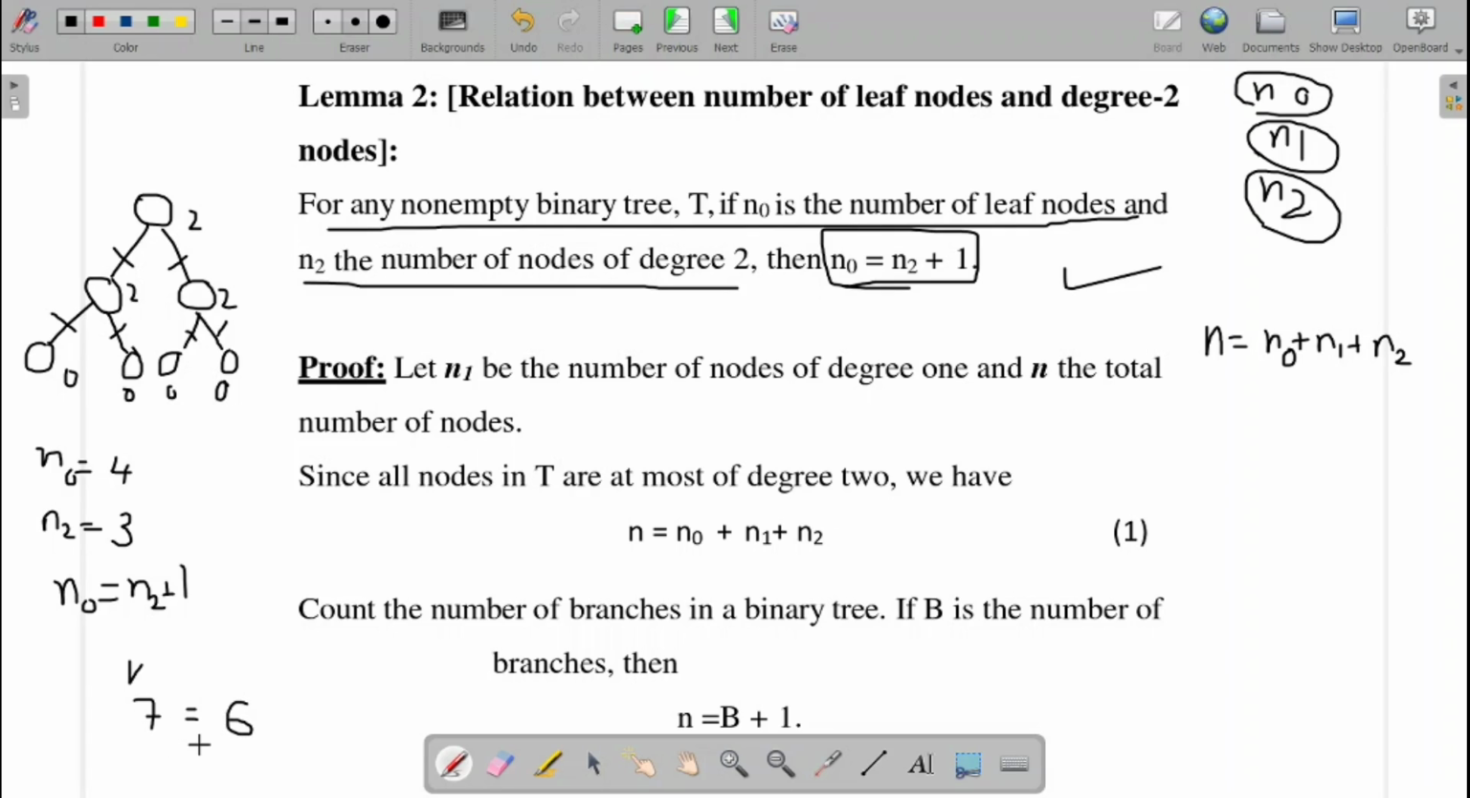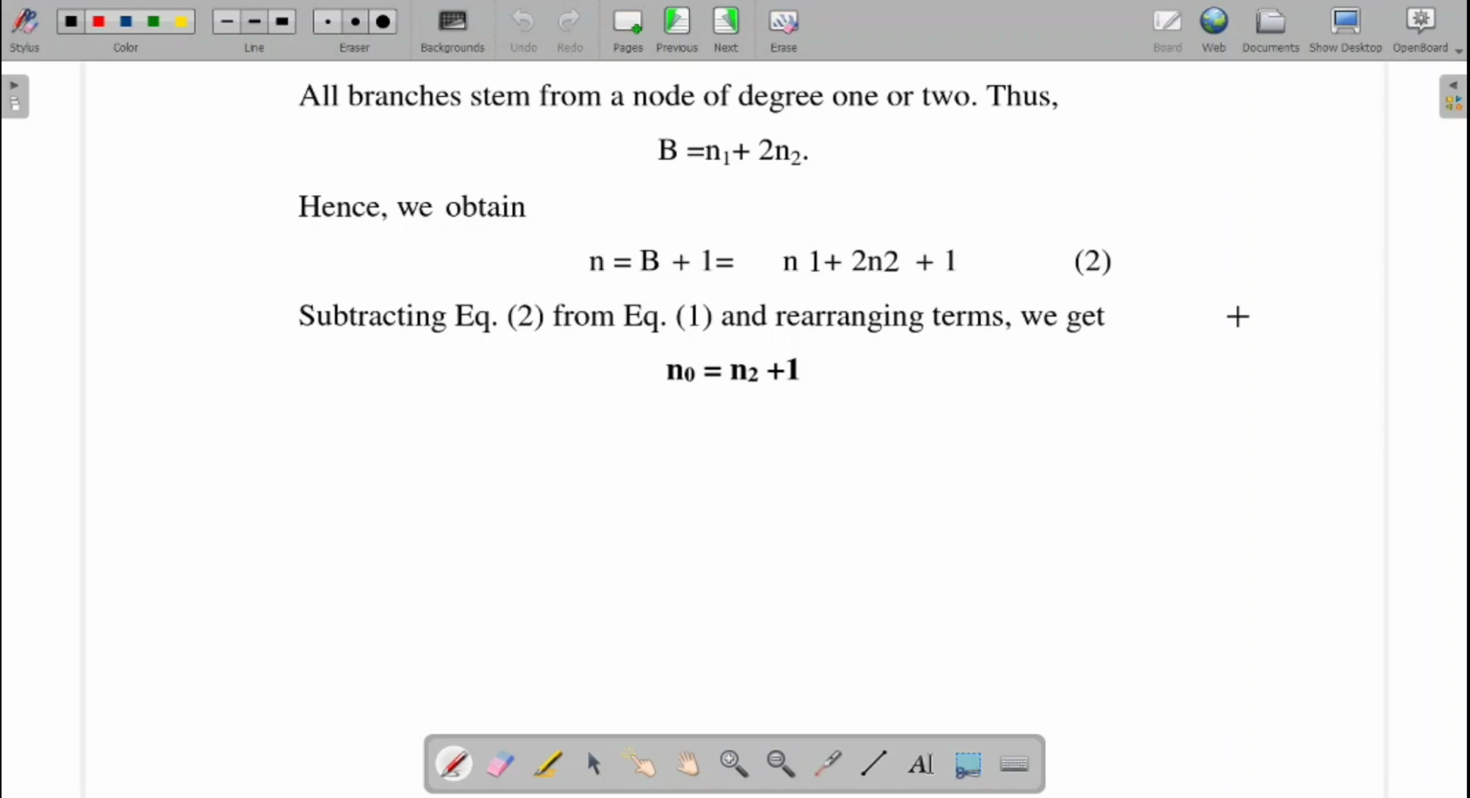That is, if I have n nodes, then it should be equal to the number of branches plus 1. That is n equal to b plus 1. So n equal to b plus 1. Fine. So next, if I go with the b, b means